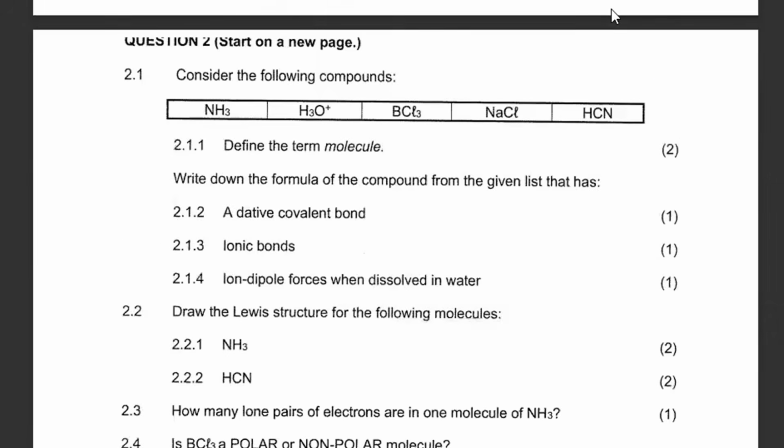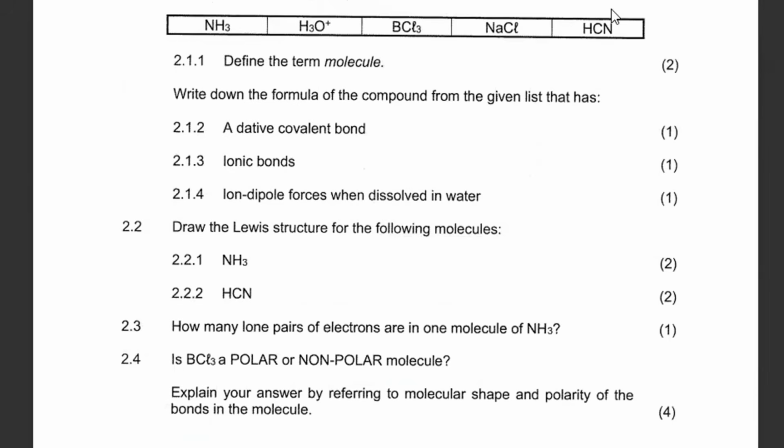Then we move on to question 2, which reads, consider the following compounds. We've got NH3, which is ammonia, then we also have H3O+, hydronium ions, BCl3, NaCl, and HCN, the cyanide, and sodium chloride. It says define the term molecule. So for us to define the term molecule, we're going to say